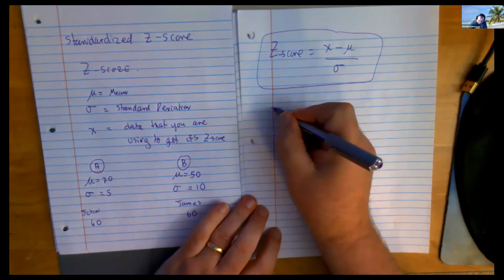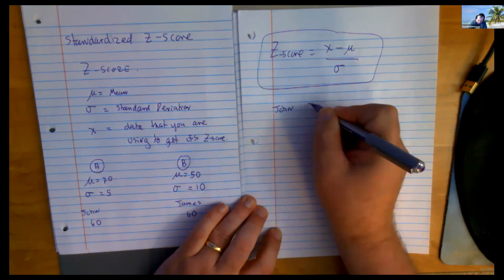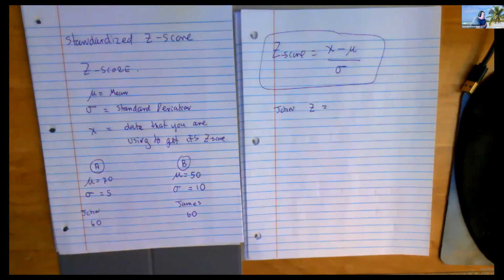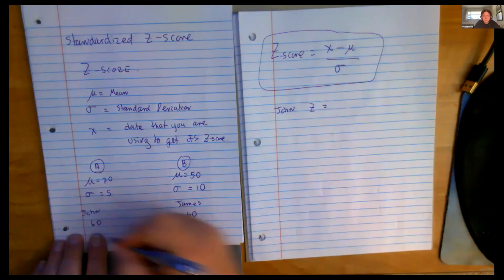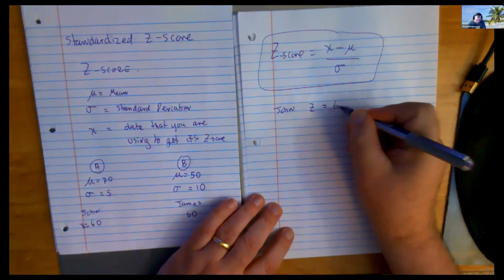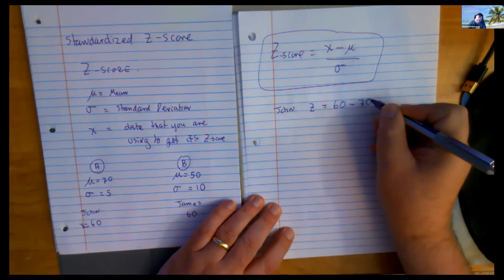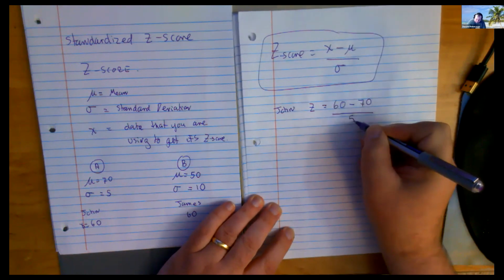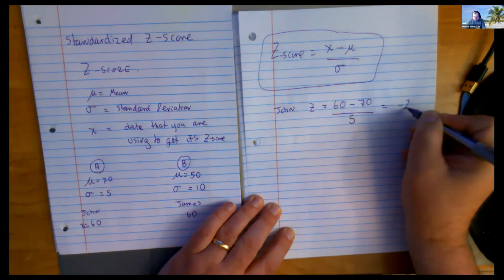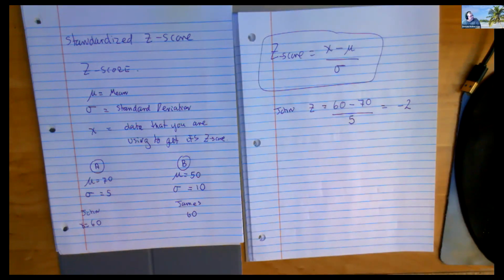So let's see what John did. Well, John's z-score. Oh, and you know how mathematicians are lazy? We don't even very often write z-score. We just write z. Make sense? If you see z, you know it means z-score, right? That letter of the alphabet is unique. Now, the data is basically 60. Take away the mean, which is 70, divided by the standard deviation, which is 5. Can you trust me that the answer to that is -2? Make sure you put brackets around your calculator and you'll get the answer.